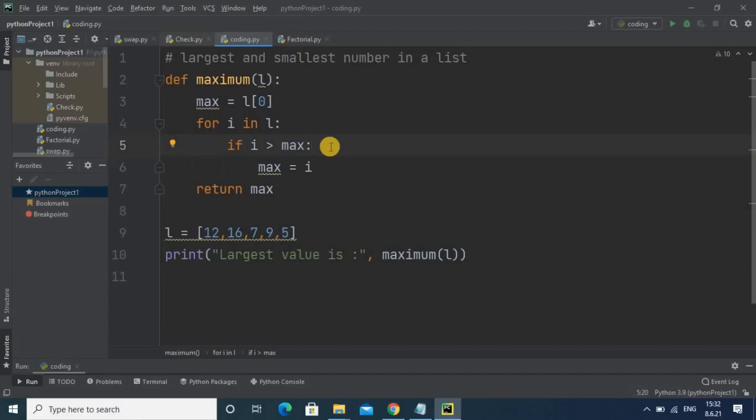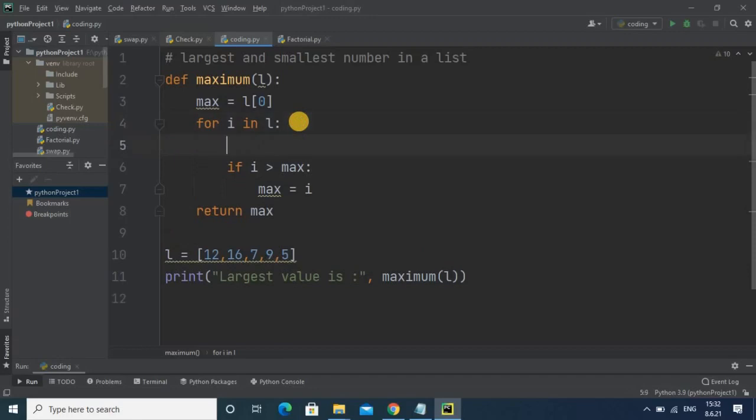So how is it working exactly? For that we will do some testing with output statements.